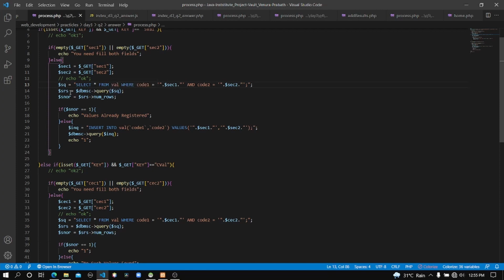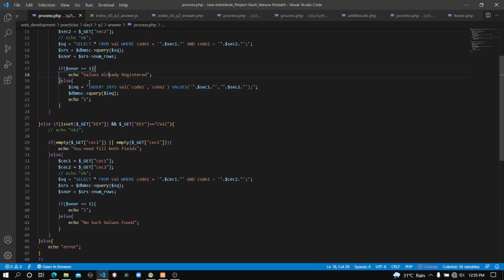So here you can see I executed that one, and when you execute a select query, there will be a result set. Usually that result set will be in a table format, and after that I calculate the number of rows, or number of records, in that result set, and I store the number of rows in this new variable called snor.